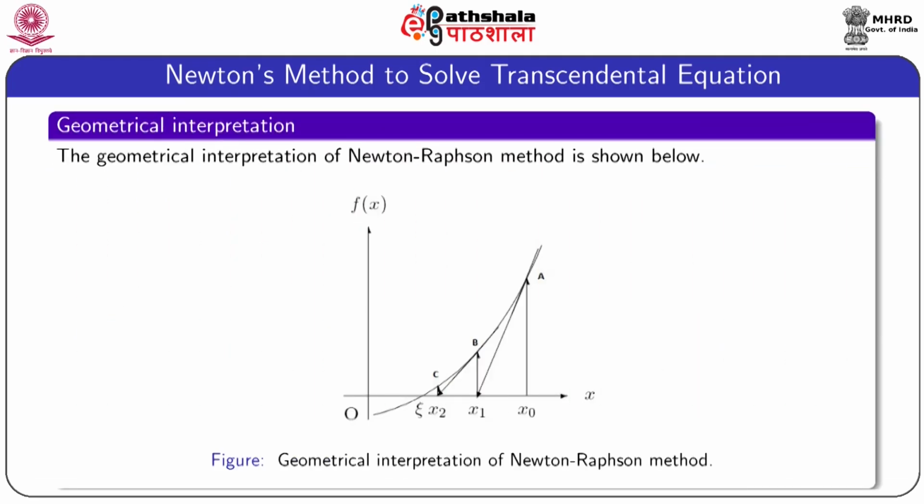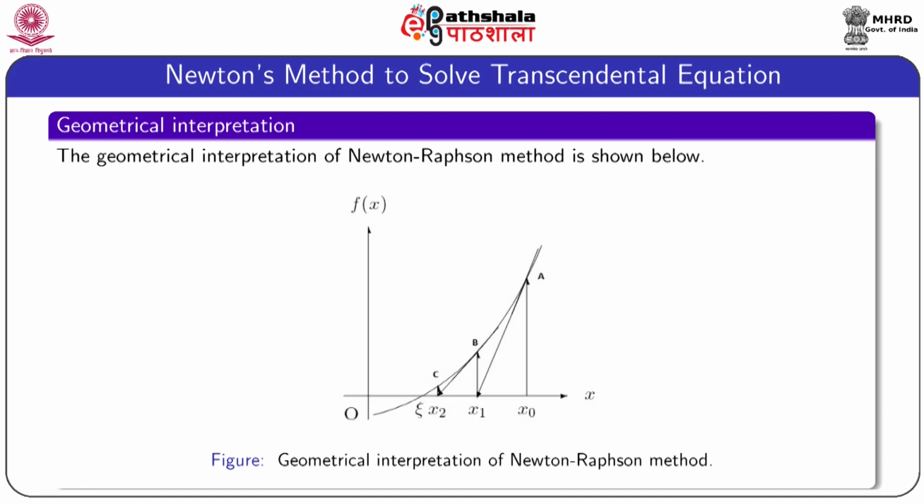This is the geometrical interpretation of the Newton-Raphson method. Note that the method is started from the initial guess x0, and we draw a tangent at the point A whose coordinate is (x0, f(x0)), and that tangent cuts the x-axis at the point x1, and then we again draw a tangent from the point B. The coordinate of the point B is (x1, f(x1)),